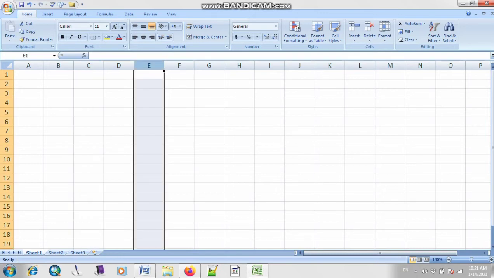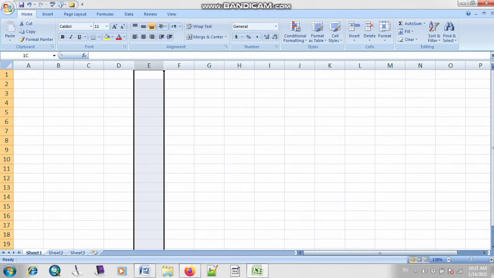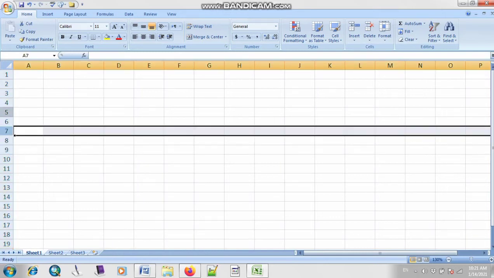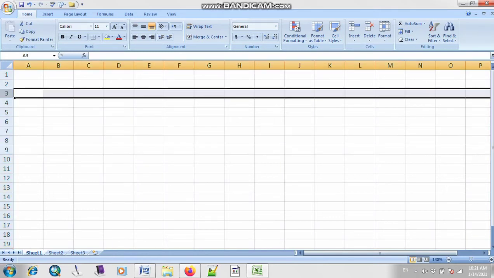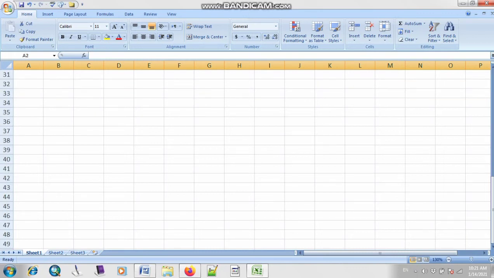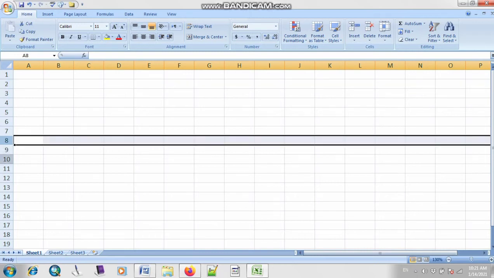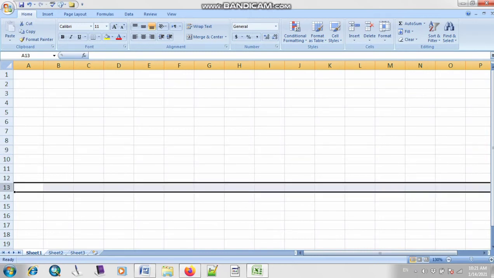So when I ask you to click on a column, you have to click on it, like column H, column E, column G. And then here we have, these are known as your rows. As we see, we have a lot of rows here where we can insert our data. So this is row number 8, row number 10, row number 13, etc.